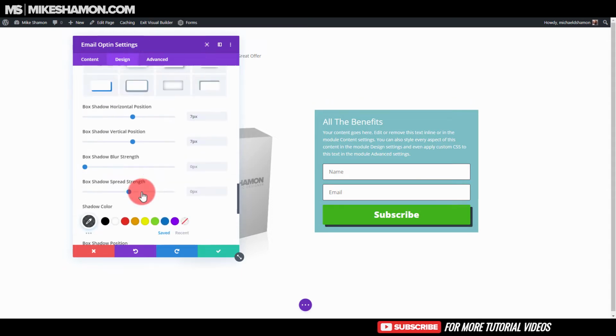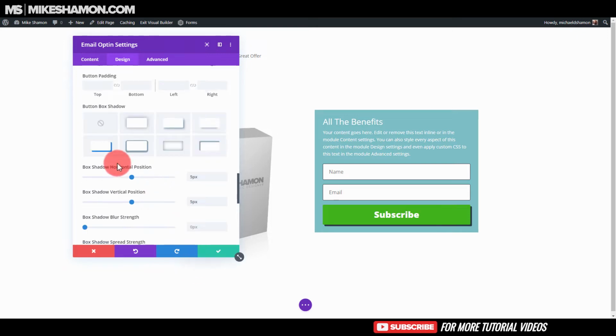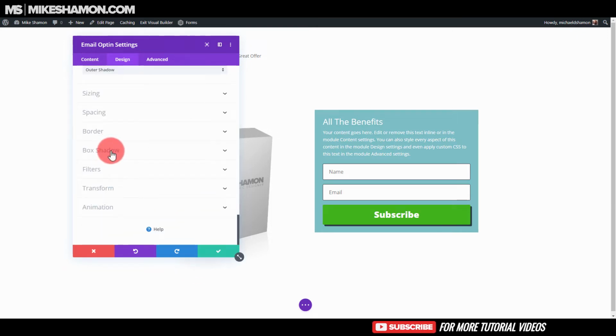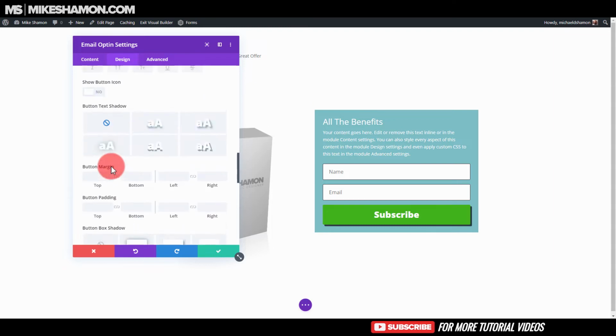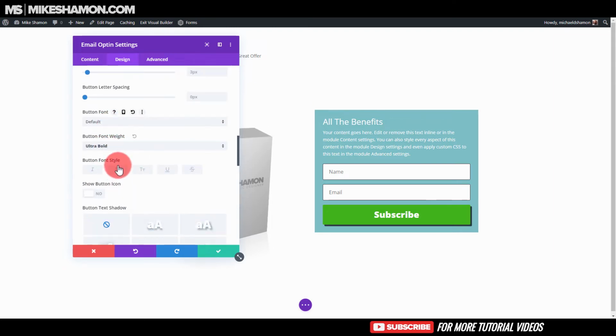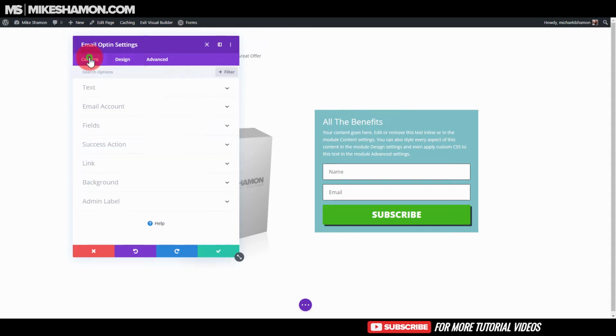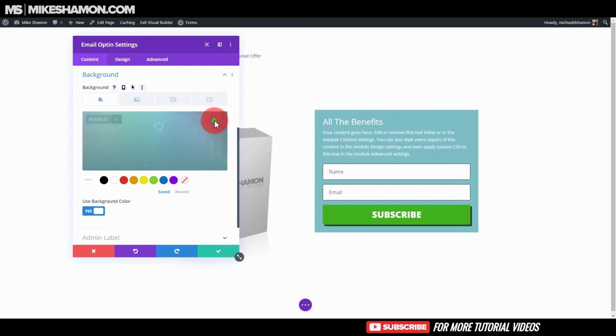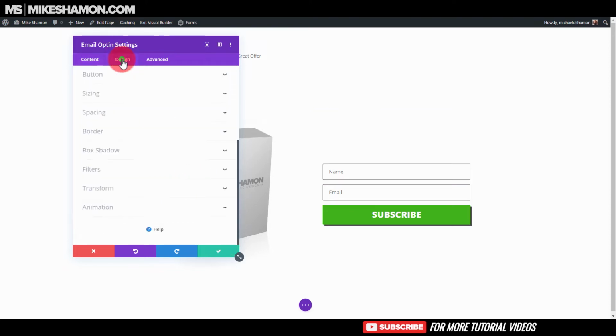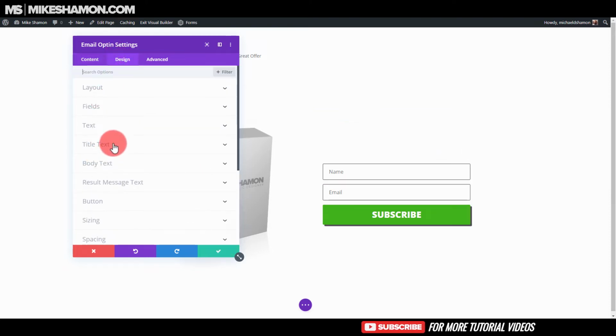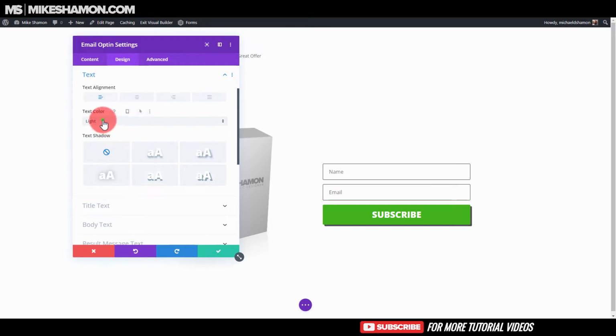Then let's do 5 on this. It's a little bit out there. There we go. Then if we go to the button text, let's go to all capitals. Then if we go back to content background and we erase the background, just go to transparent, go to design and text, and if you do text color and go to dark,